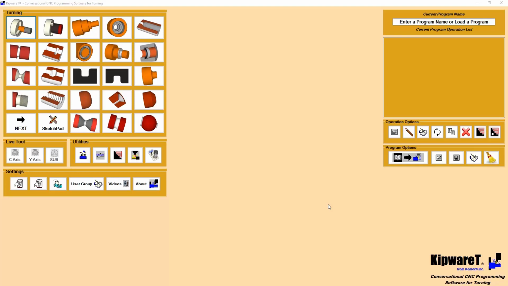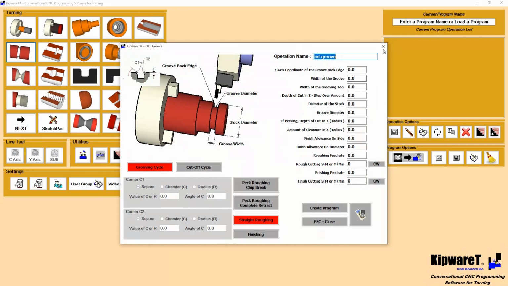Creating chamfers and inside corner radii on grooves can be a nightmare, but with the most powerful and easy to use conversational menu in the industry, KipwareT makes it a breeze. KipwareT contains multiple conversational menus for multiple grooving scenarios, including straight grooves,